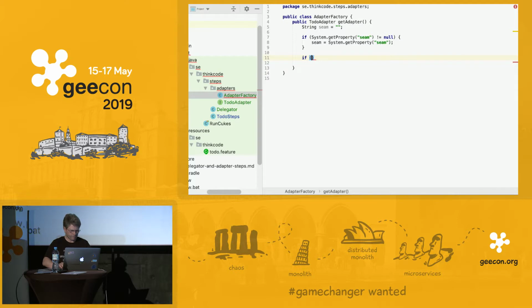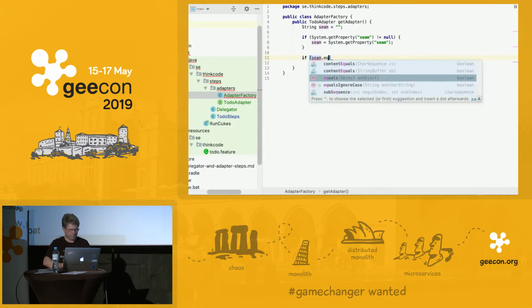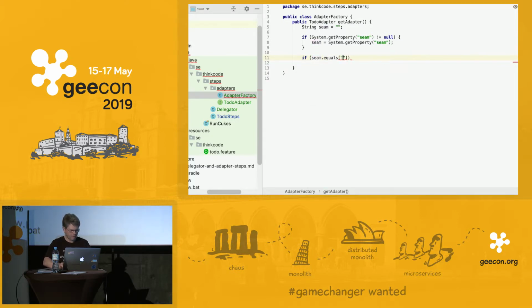So if theme equals a proper theme, and I said earlier I would use model, REST, or web. In this particular case I'm going to use the model. And if theme is set to that, I would like to return an adapter that will talk to the model. As easy as that. So I'll return